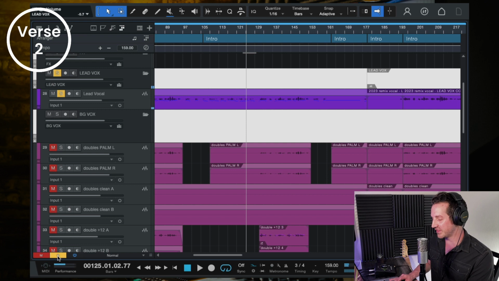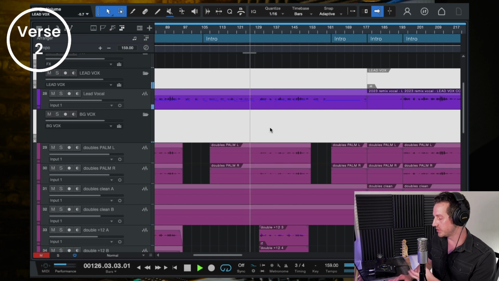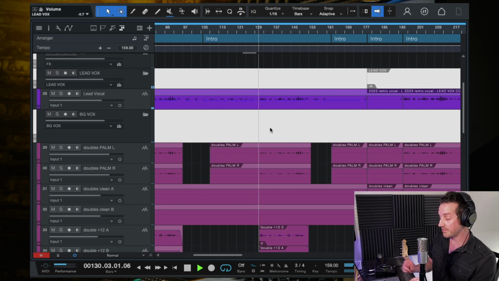So you could think of that as an arrangement move still, because it is a vocal sound, and it does really help lift this part of verse 2 so that it's not exactly like verse 1. Okay? And then we've got the pre-chorus 2, which is again just the one lead vocal. But then